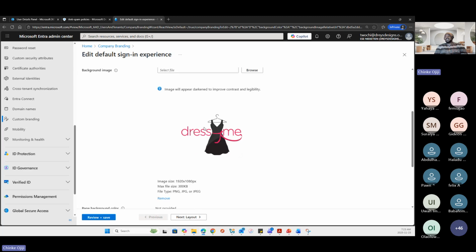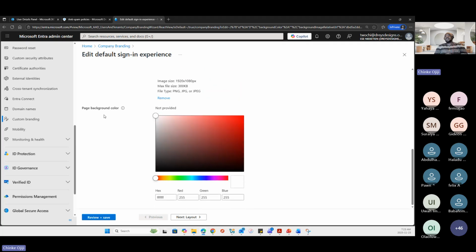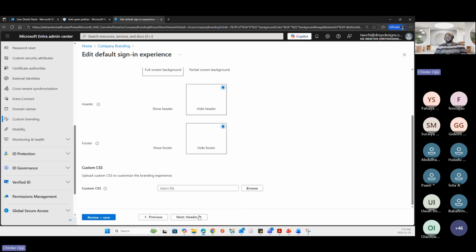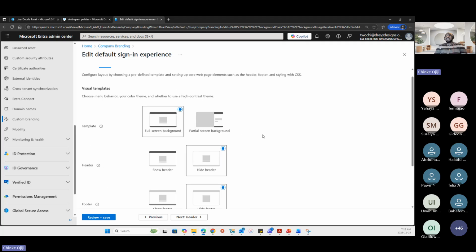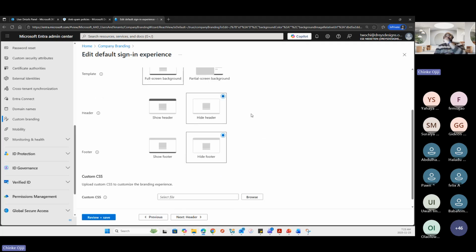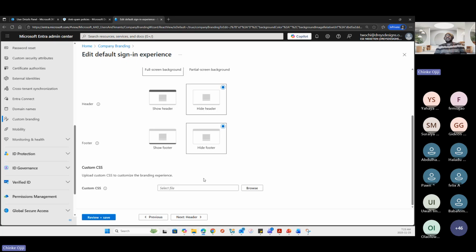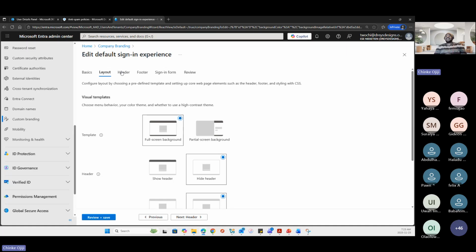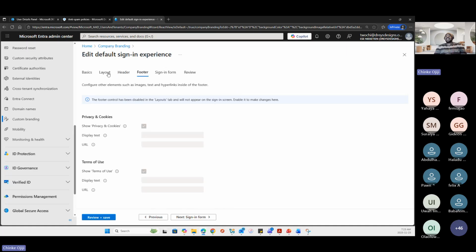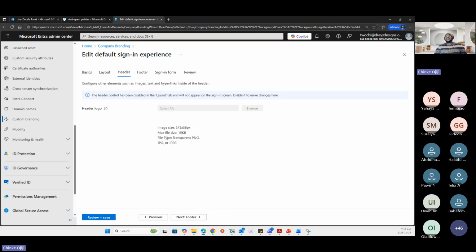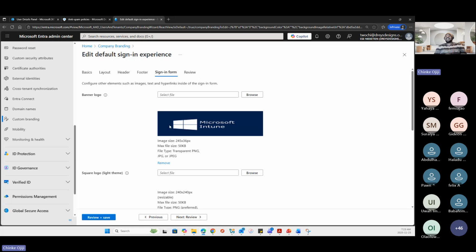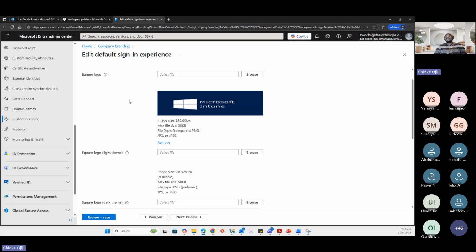You can see it uploaded here, and you can choose the background color of your page as well, and you'll see the layouts. You can choose the header if you want to put a header or a footer or a custom script file to customize the branding experience further. You have header, footer here, and they also have file sizes